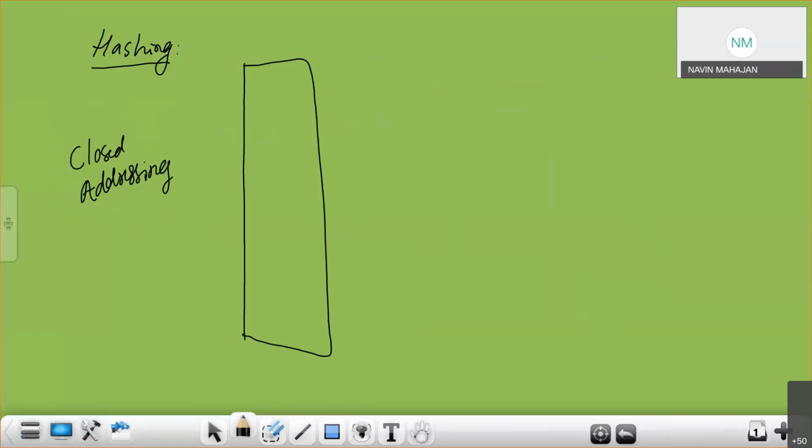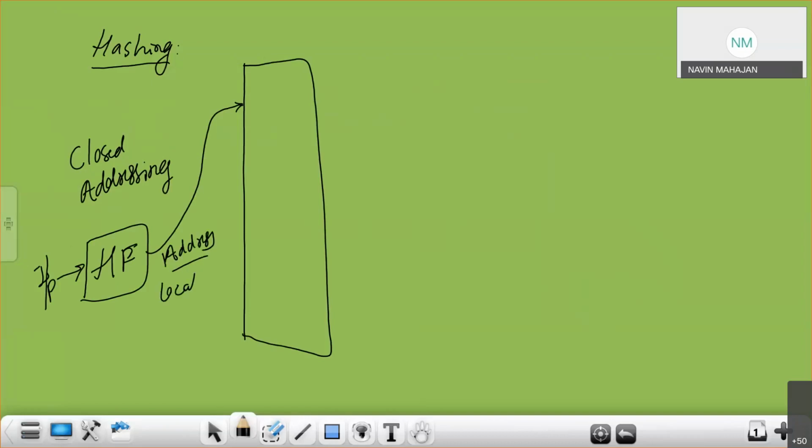Hash function. Input. The hash function produces a key, or address, or memory location, which is an index.